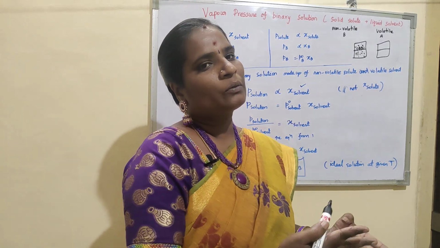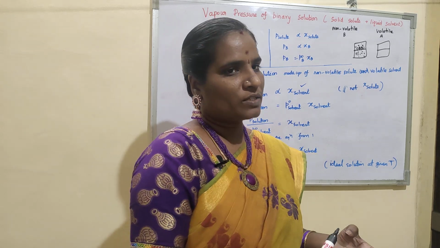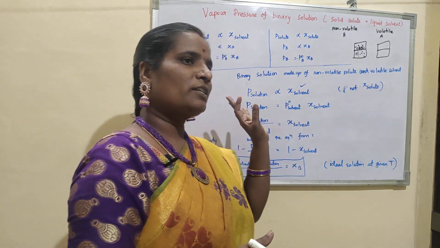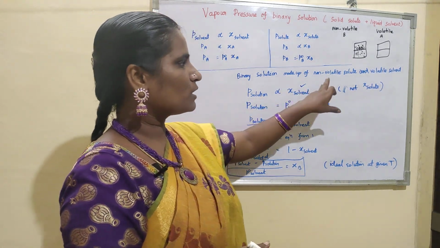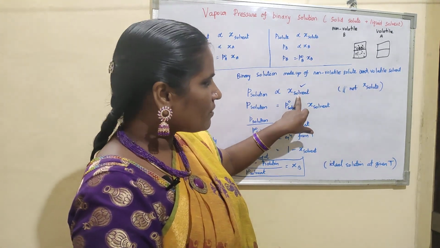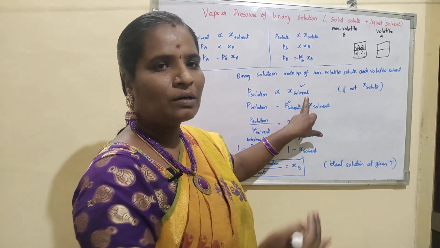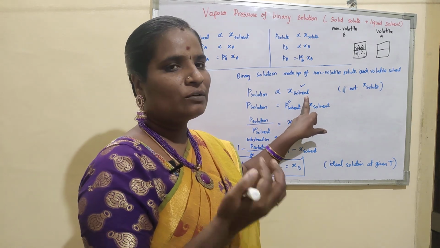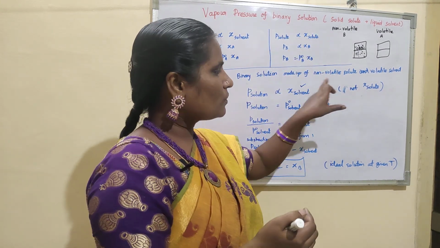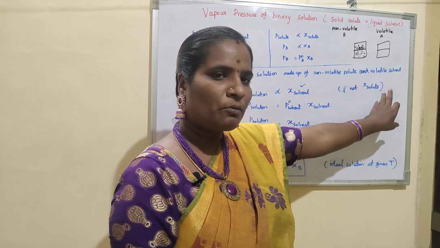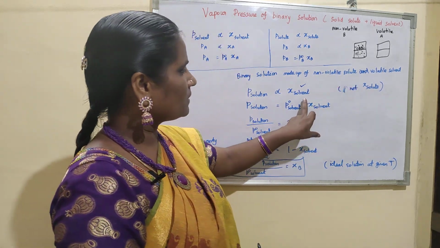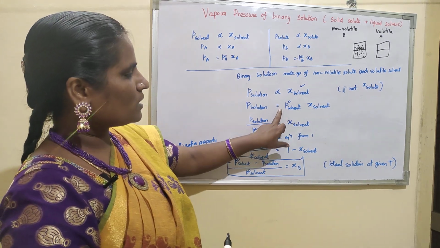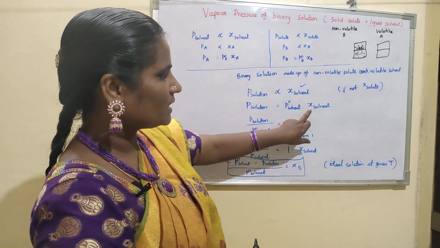So when you are going to measure the vapor pressure, we are measuring the overall solution. The vapor pressure of the overall solution only depends upon the mole fraction of the solvent, because only the solvent is able to form the gaseous state, right? The solute will not form the vapor state. So hence it will not depend upon the mole fraction of the solute, it only depends upon the mole fraction of the solvent. So when you put the proportionality constant, which is P naught solvent, and the X solvent,